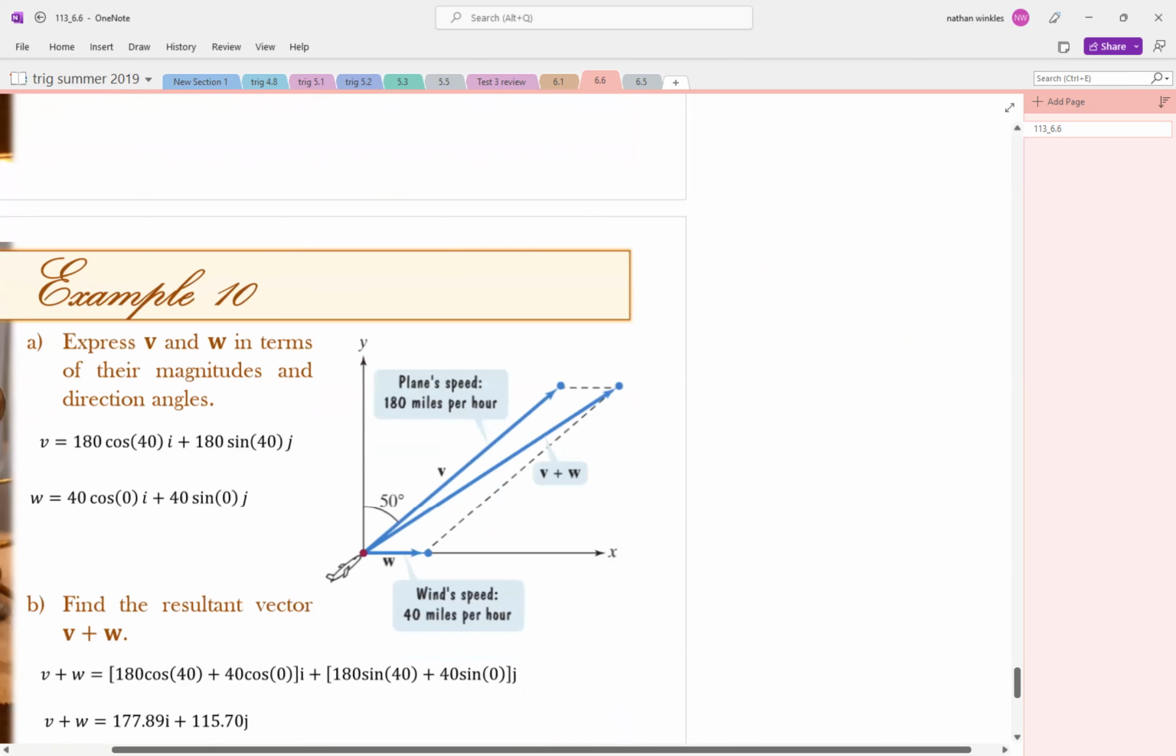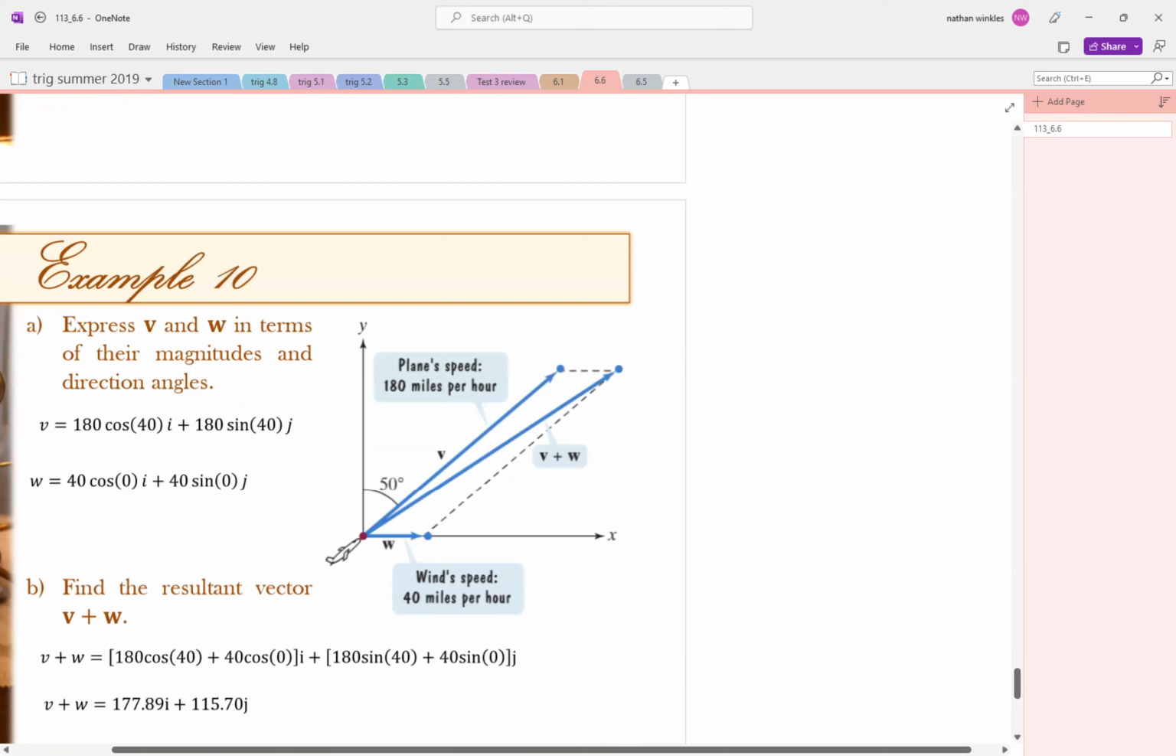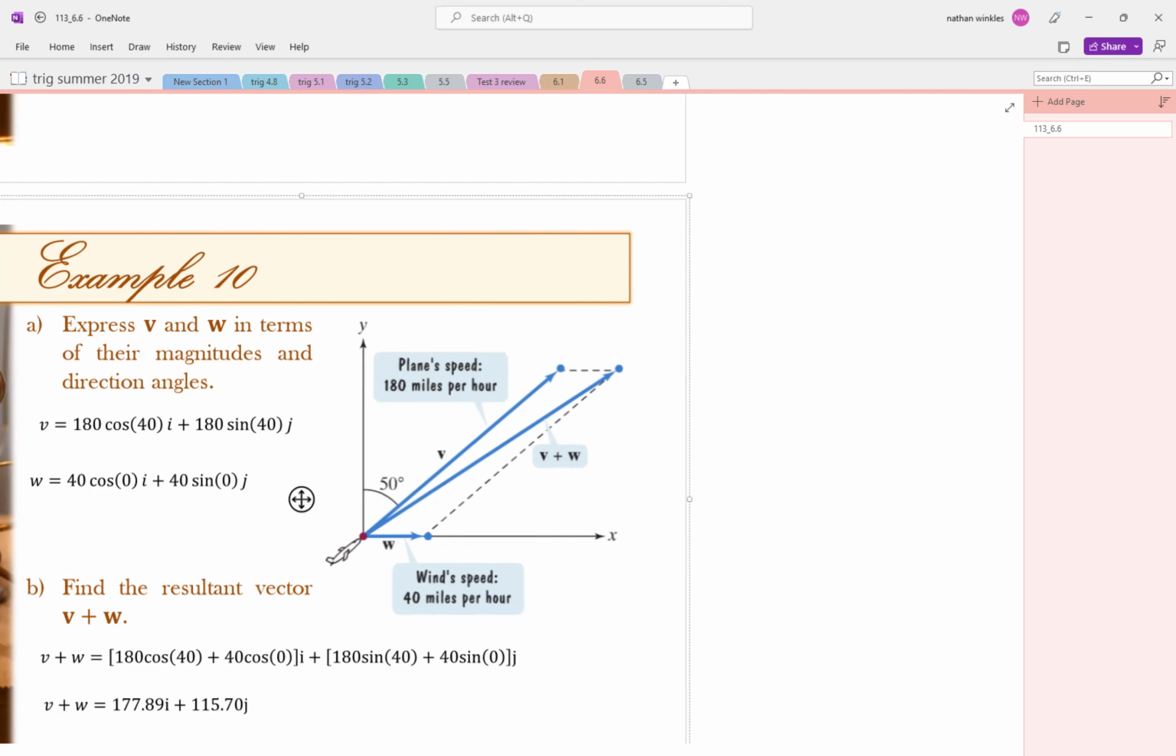So this one right here gives us several different things to work with. Express v and w in terms of their magnitudes and direction angles. We're told that a plane is flying at 180 miles per hour on a bearing of north 50 degrees east. So we know that our angle here is 40. So for my vector v, vector v is going to be